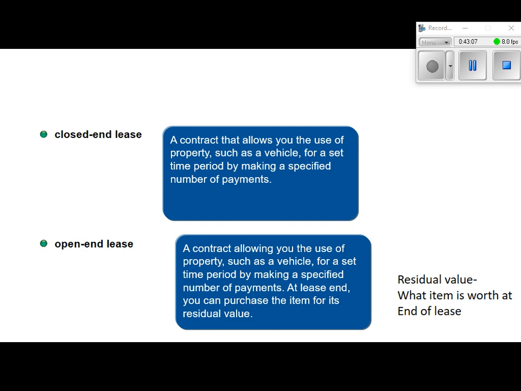So a closed-end lease. A closed-end lease is a contract that allows the use of the vehicle for a set time period by making a specific number of payments. Most leases go for like a year, 2 years, 3 years, 5 years, whatever. I think now they even lease stuff for like 10 years. Don't take out a lease for 10 years. You don't know what's going to happen. Don't, when you go to buy a car,